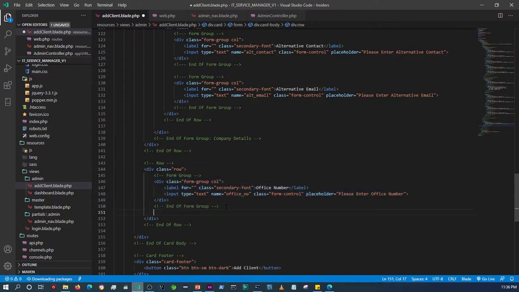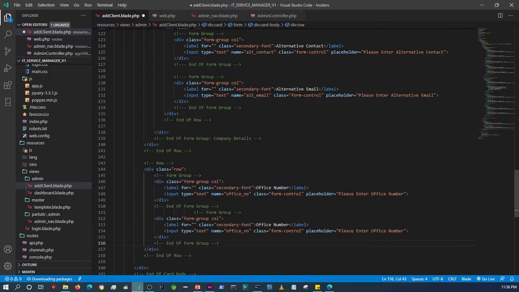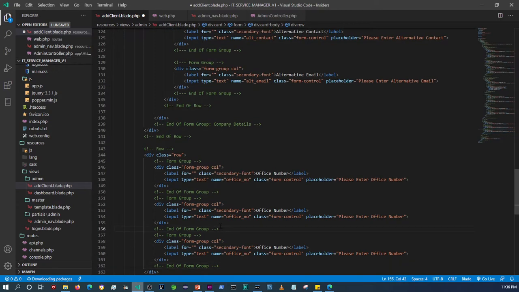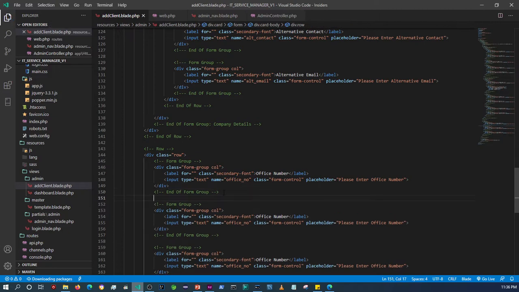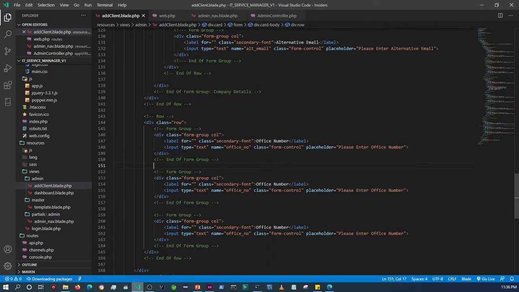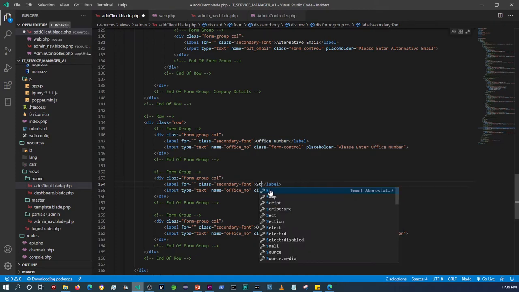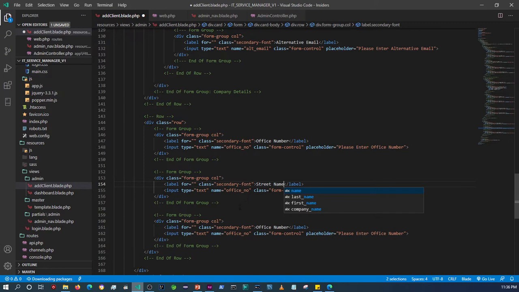Right, so I'm going to put these within the same row. So there's going to be about 3 items in there. So copy and paste that 2 more times. So this will be street name. And this will be